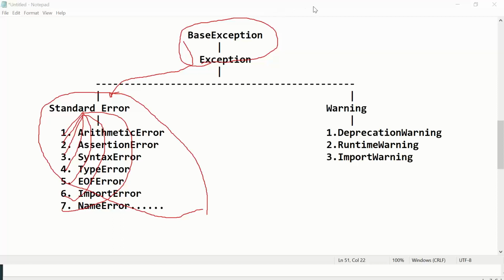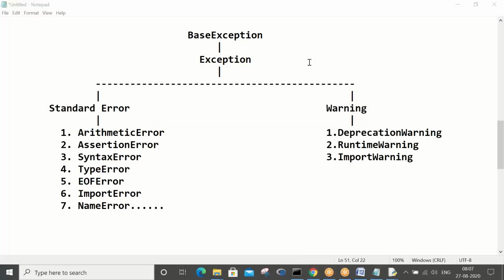The concept of OOPs will be running around with us going forward. That is the reason I have tried showing the inheritance concept. But you have to understand whenever I say inheriting kind of terms. These are all the exception classes, and these have come from standard error. Standard error has come from the exception class, and exception class has come from the base exception class.